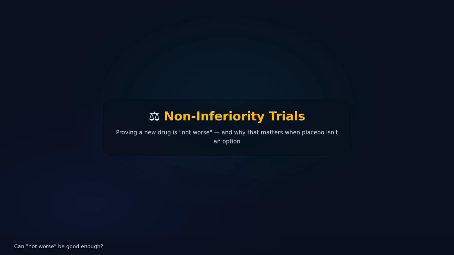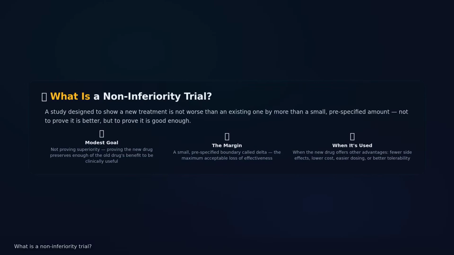worth using. A non-inferiority trial is designed to show that a new treatment is not worse than an existing one by more than a small, pre-specified amount. Unlike superiority trials, which aim to prove the new treatment is better, non-inferiority trials ask a more modest question: is the new treatment at least as good as the old one within an acceptable margin? This kind of trial is crucial when the new treatment offers some other advantage, like fewer side effects, lower cost,